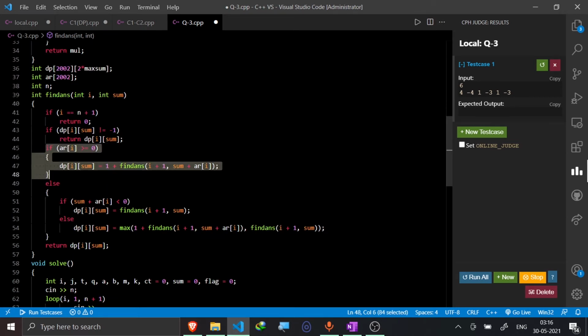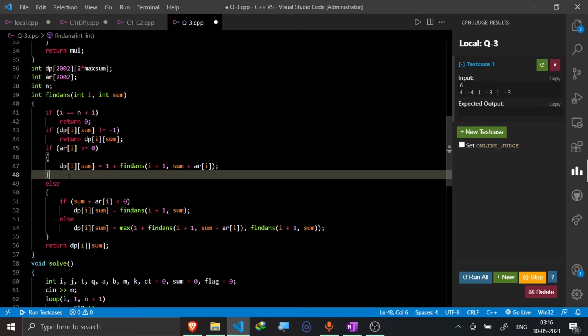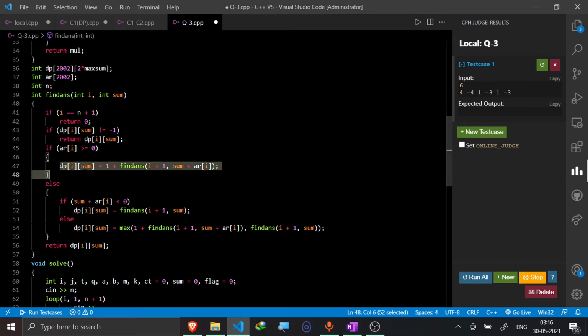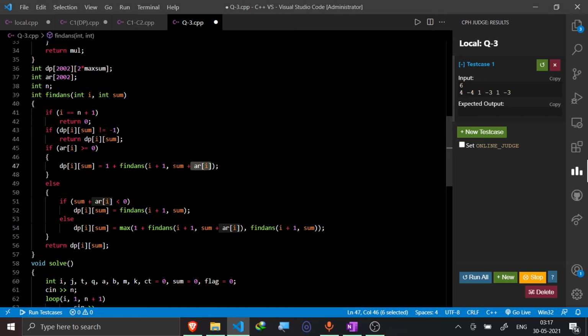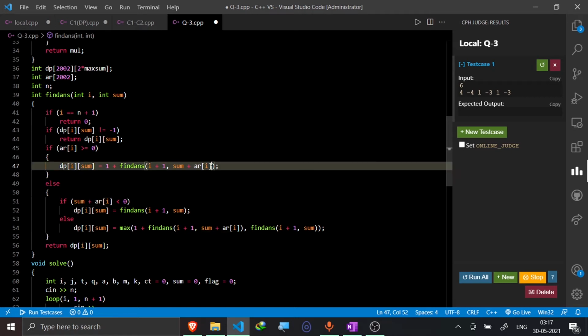So if the can is having a positive value, then I would definitely consider it. So this dp of i comma sum would be, as I'm considering this can, so I would add 1 to this, and I would find the answer from the next can to the end, and my sum would also increase. That sum is representing the total health only, and that would also increase by that particular can value.